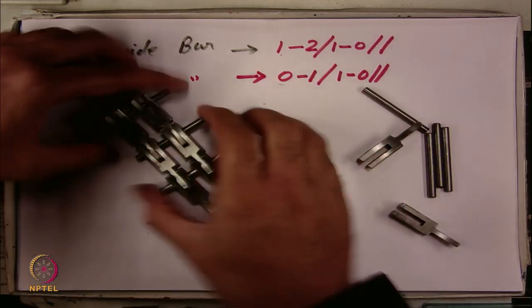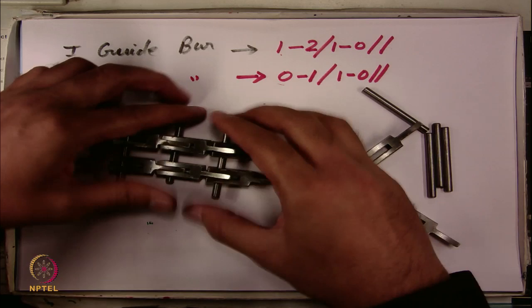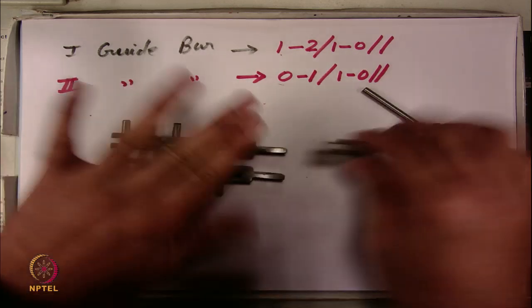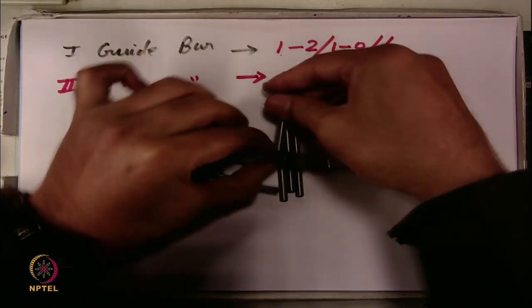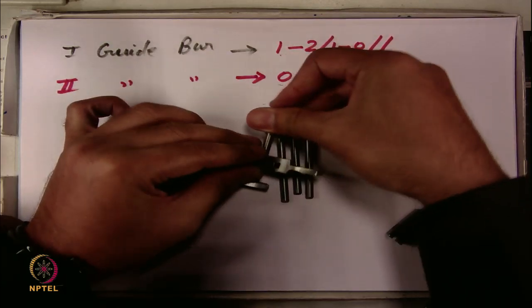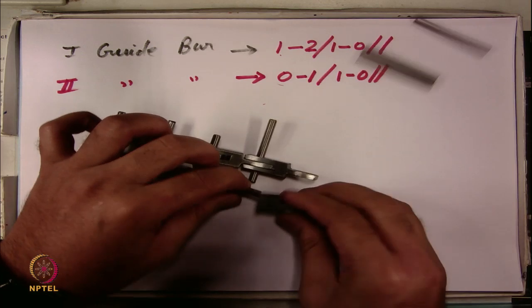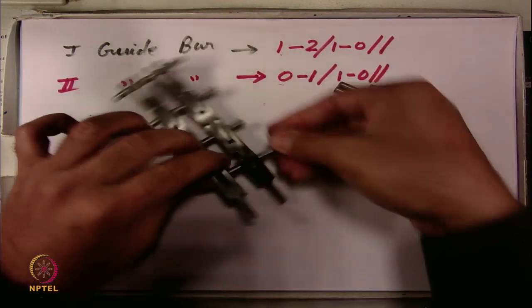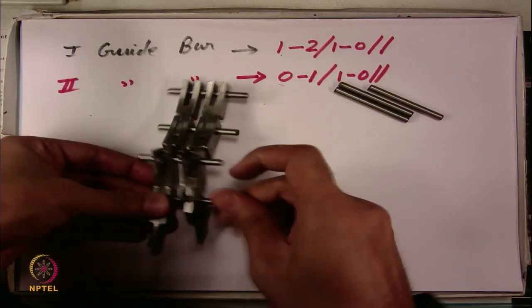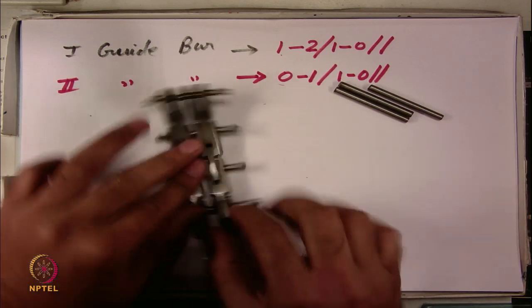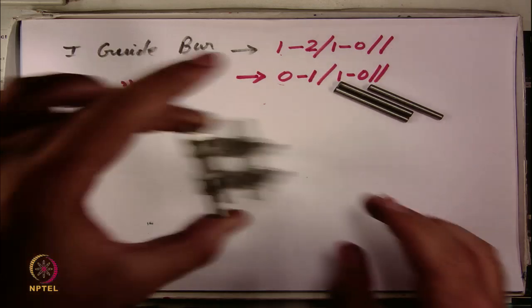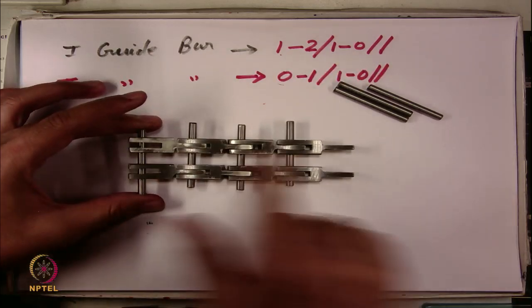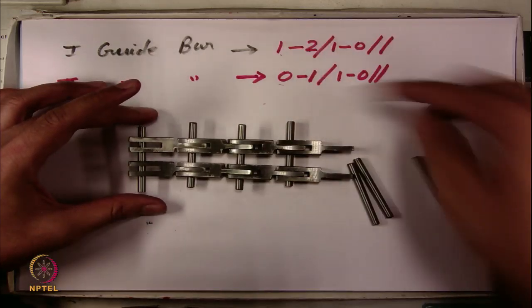Okay. And then this is 0 and 0. So, this 0 is fixed here, and this is 0. So, once this is done, our chain link sequence for both the guide bars is arranged,